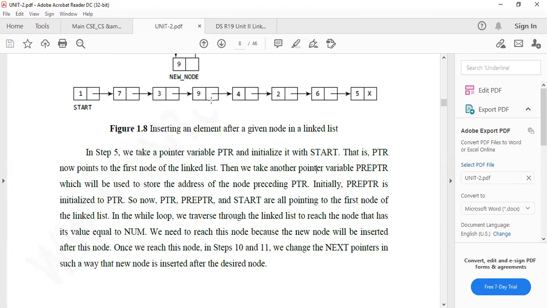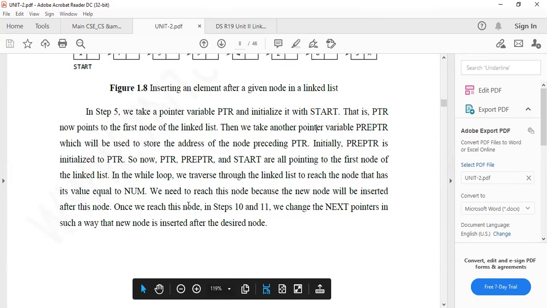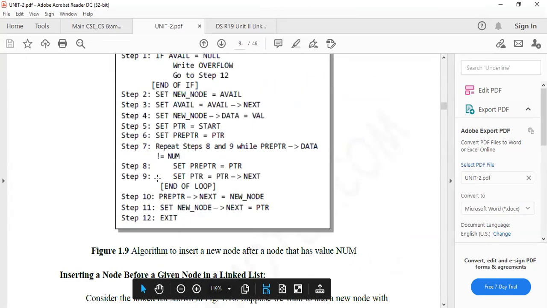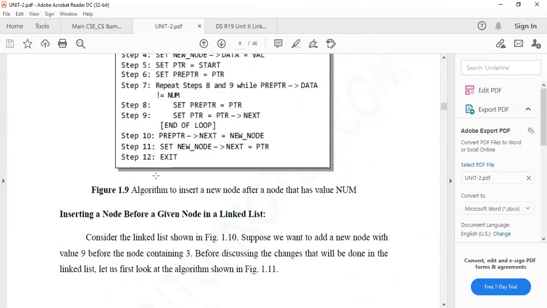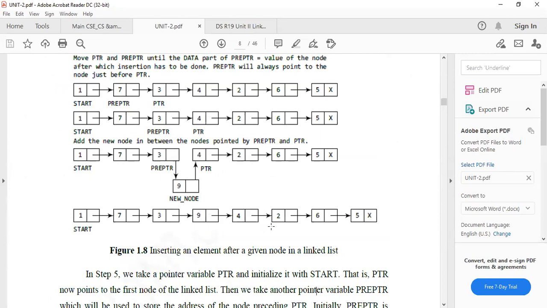So where is the required element? After reaching it, the new node will be inserted after this node. Once we reach this node, we change the next pointer in that node. If you want to add a node after 4, for example, pre-PTR, PTR and start are all initialized to the start node.